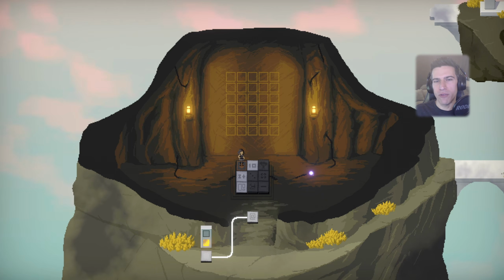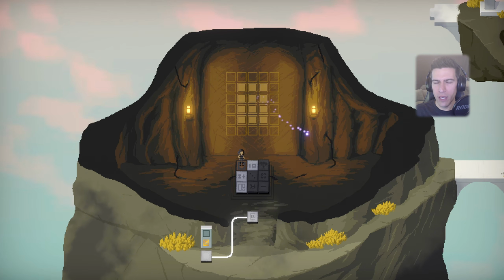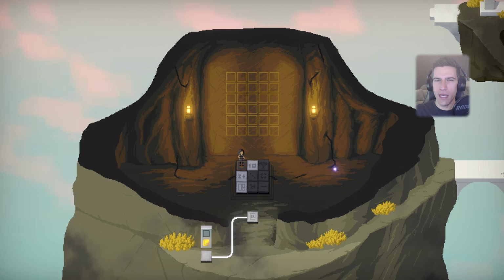So we could account for the raft, or not the raft itself, but the squares on which the raft can navigate in the water. And then you have the walkway on the outside. That's what makes the most sense initially to me. If that is true, then